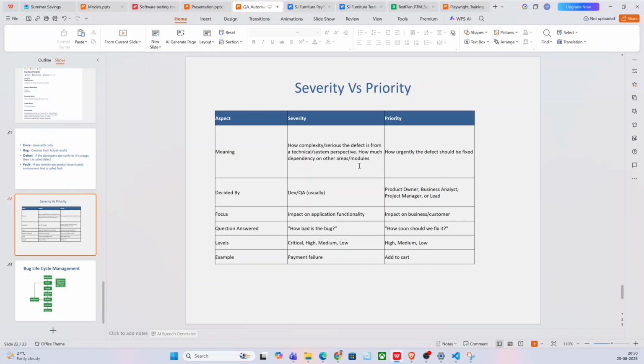Severity is nothing but how complex that bug is. The developers will understand the root cause, and then they will update the severity: how much complexity from the technology standpoint, how serious the defect is from the technical standpoint, and what areas it has dependency on. Let's suppose there is a payment failure. Let's say this payment failure is because of third party integration. Now these people have a dependency with third party, and there are some other